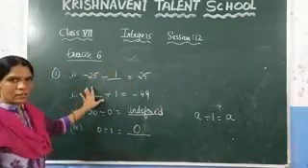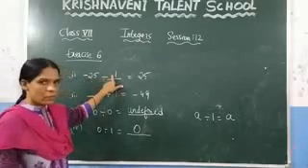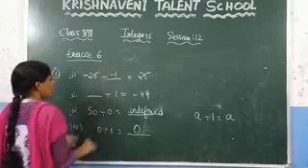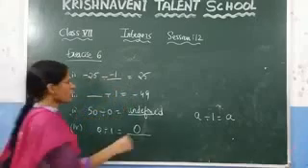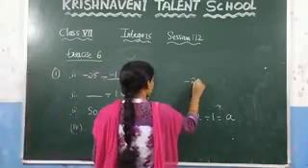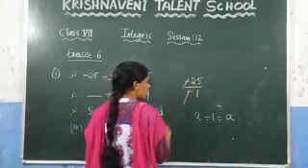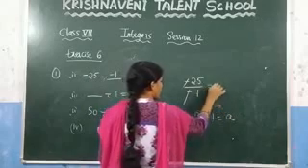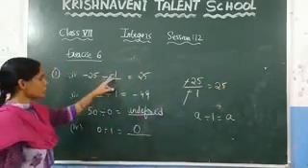Now you need to check the symbols here. Here minus is there, and here which number you need to keep it here? You know that if you divide with minus 1, this minus will get cancelled, you will get 25. So here what should be the answer here? Minus 25 divided by minus 1. Here this minus will get cancelled, and you know that A divided by 1 is always equal to A. The answer is 25.